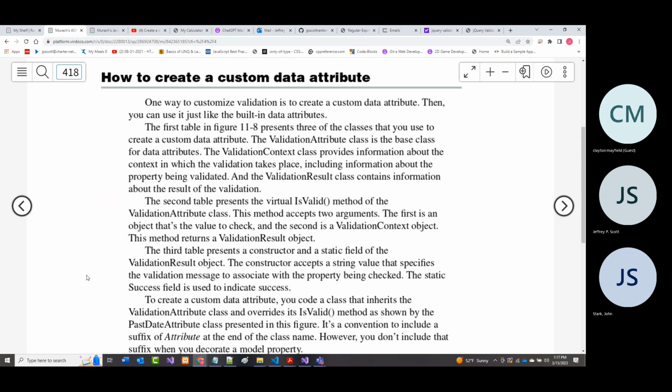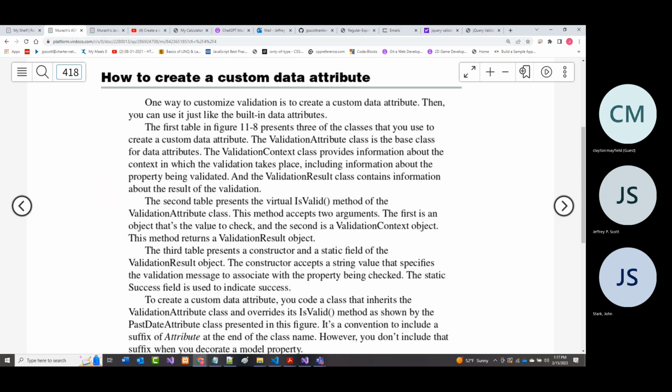So the first table, as mentioned, presents those three classes: the validation attribute class, the validation context class, and the validation result class. All right. Then there's another table that presents, as it says, the IsValid method. And that's, again, a fairly simplistic thing, but notice what it says.